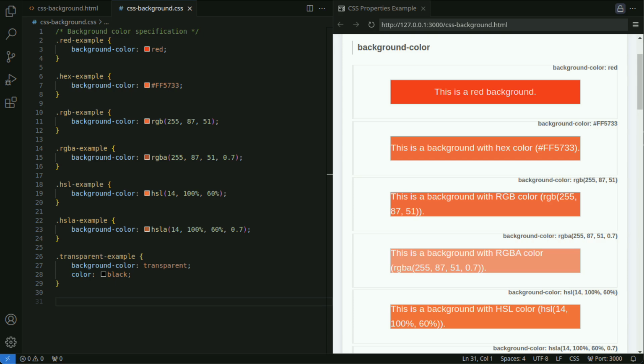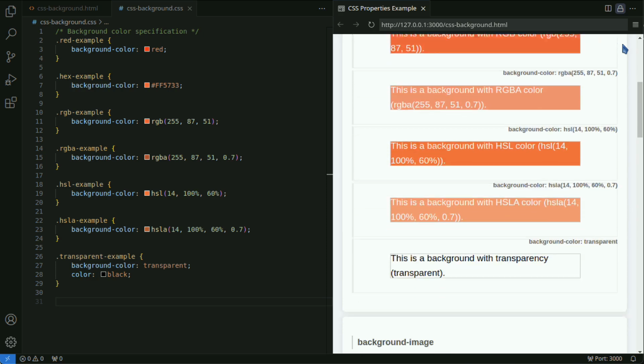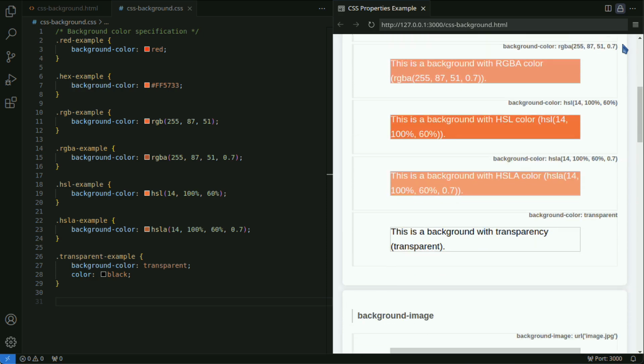Class specifies the background color using RGBA format, adding transparency. HSL example. Class specifies the background color using HSL format. HSLA example. Class specifies the background color using HSLA format, adding transparency. Transparent example. Class sets the background to transparent.